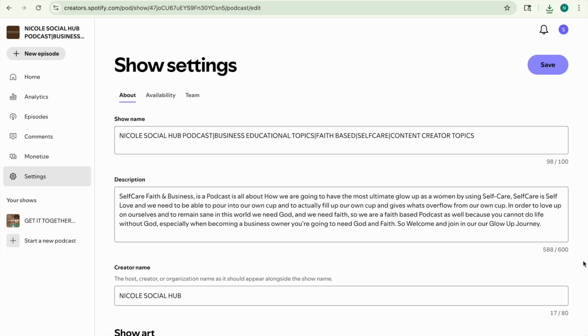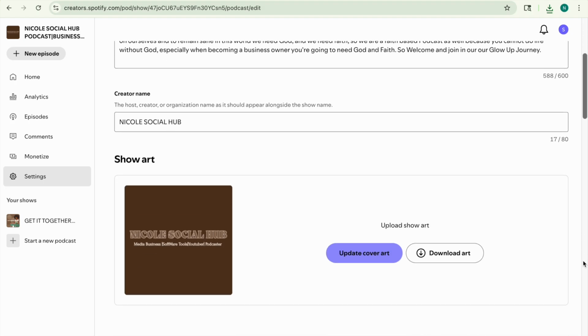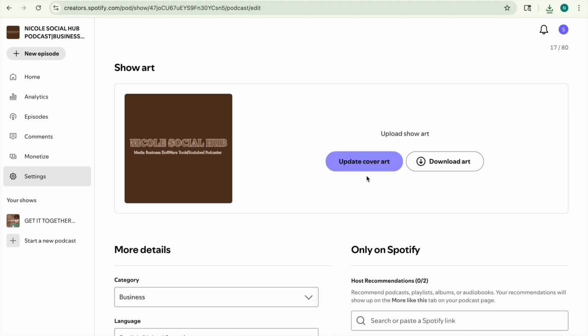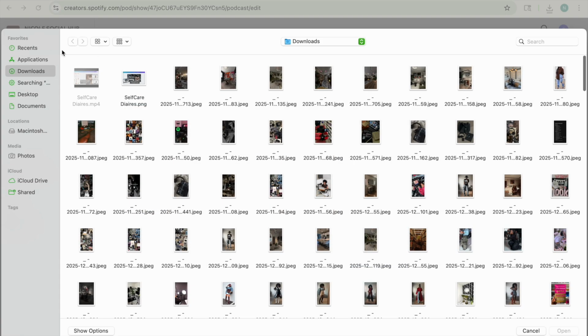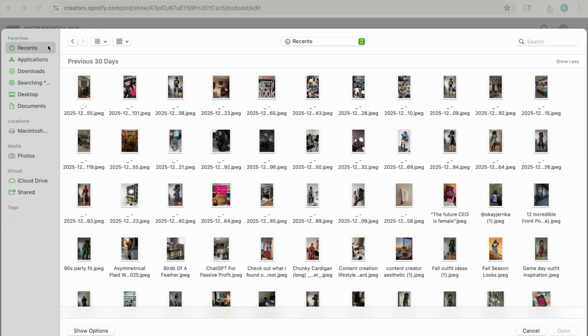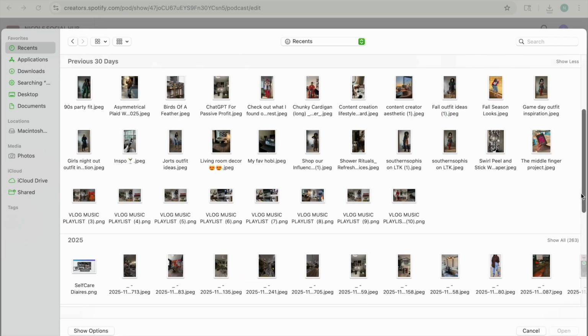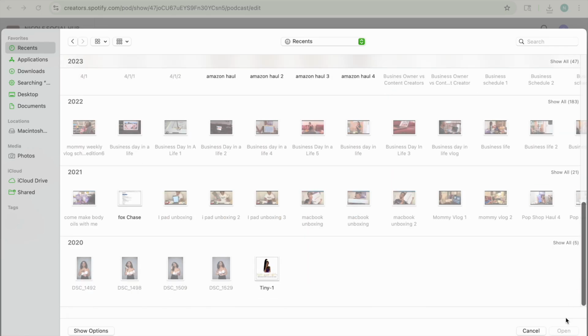And we're gonna go down here and click on update cover. We're gonna click on upload an image and click on recents. I'm about to delete all these photos because I don't even use them anymore. I don't know why they're on here, but I'm about to